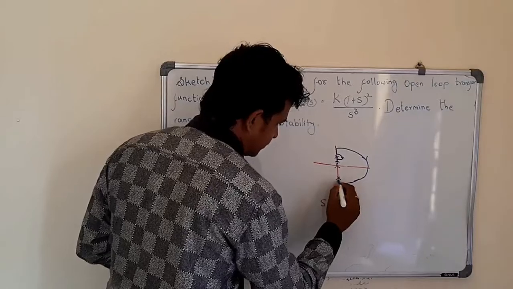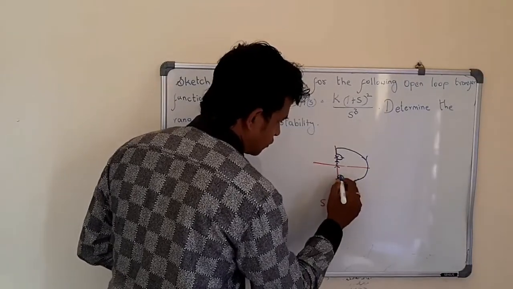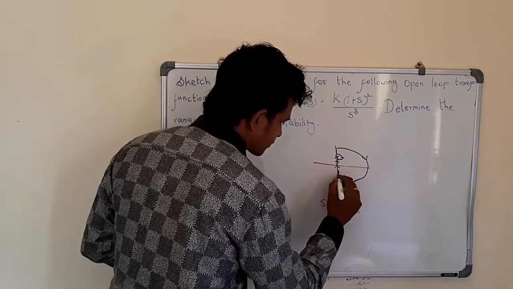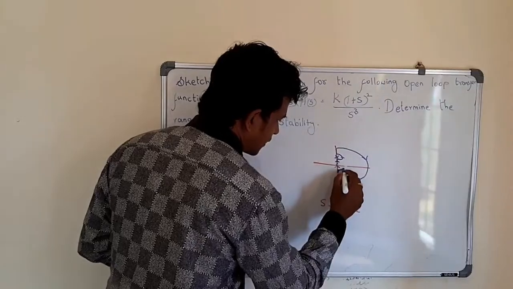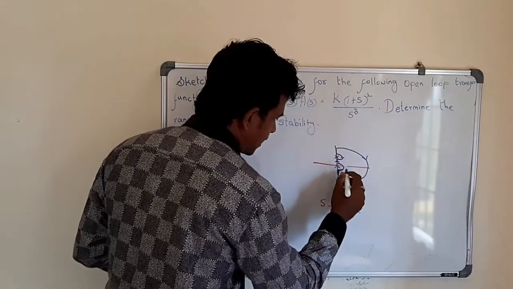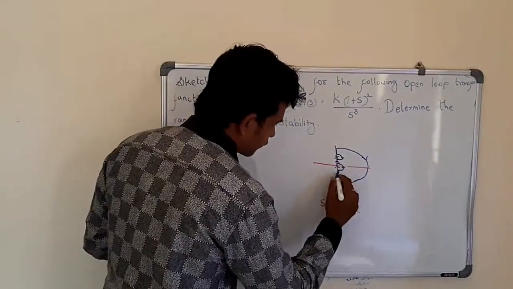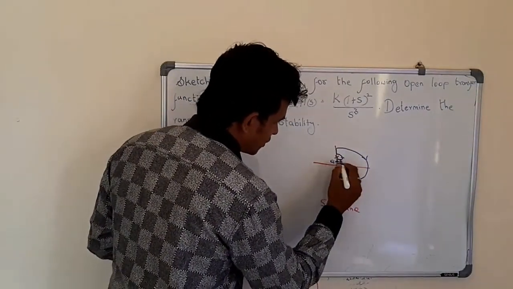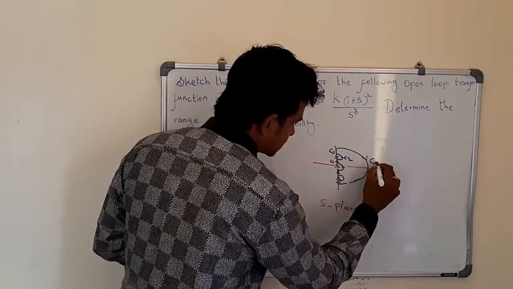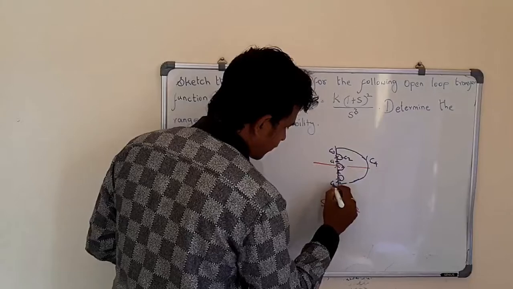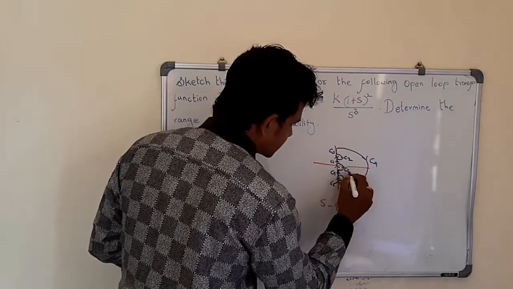Again a straight line in this direction, again an arc with a radius r0 to surround this pole, again a straight line, again an arc with the radius r0 to surround the pole which is at origin. So we have region C1, this arc is region C2, this region is C3, this arc is region C4, and this region is C5, and this arc is C6, this is C7, and this is C8.